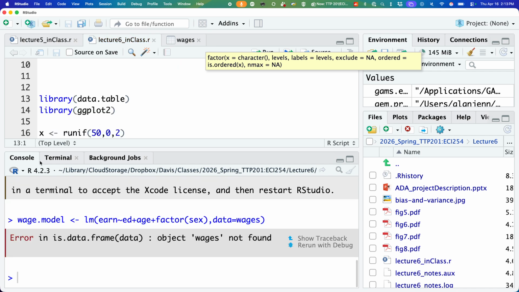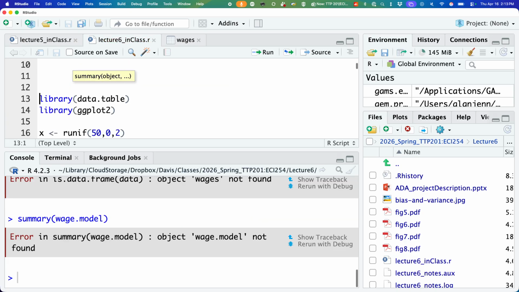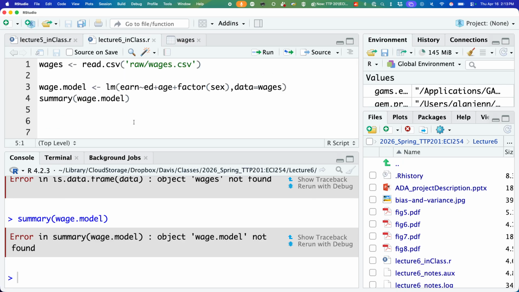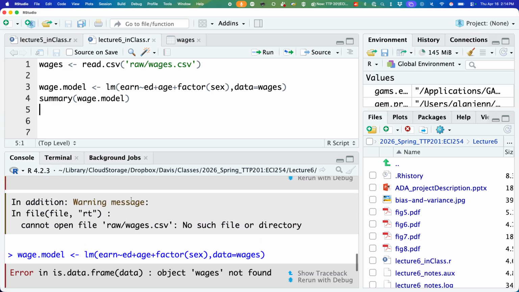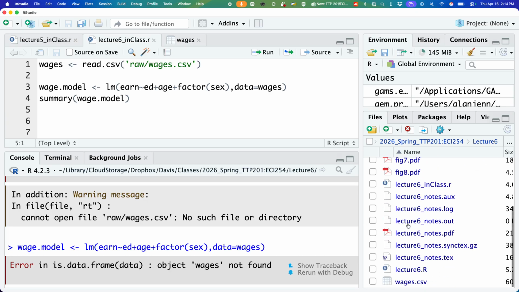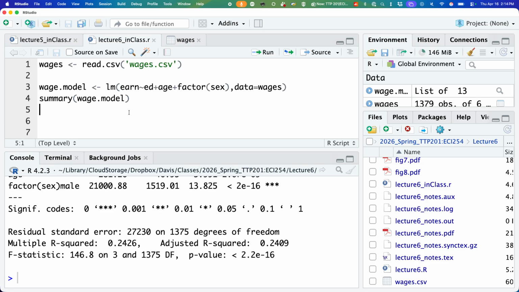And we run this. Oop. Gotta load the data. Oh, hang on. What's going on? I don't have wages in here. Oh. There we go. Okay, so